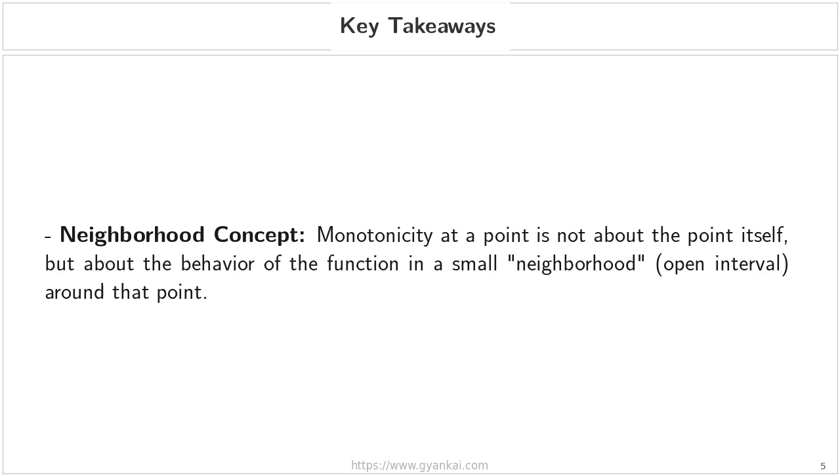Key takeaways. Now that we have walked through the formal definition and seen a practical example with x squared, let us summarize the core principles with these key takeaways. First, let's focus on the neighborhood concept. As we discussed with the hiker analogy, monotonicity at a point is not actually about the isolated point itself. Instead, it is about the behavior of the function within a small neighborhood, which is simply a small open interval